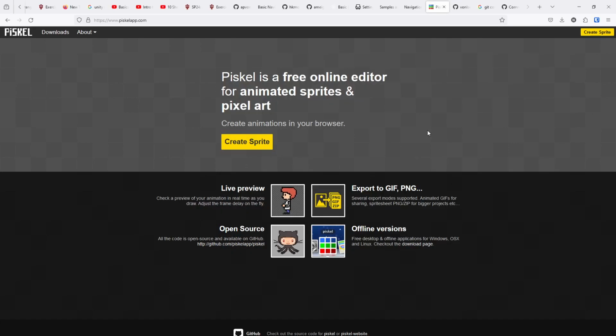Okay, so the second thing I'm going to show you on this exercise is we're going to create a pair of silly eyes that follow the player around on the pedal. So this is Piskel app, PISKELAPP.com, and we are going to close some tabs. We're going to create a sprite,